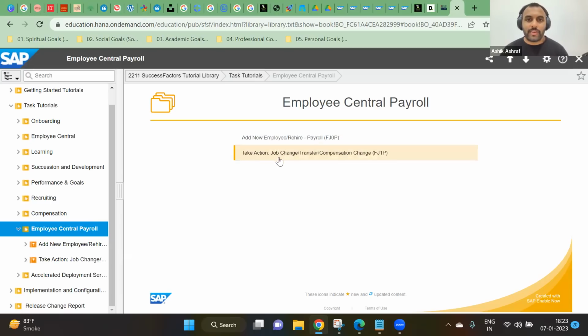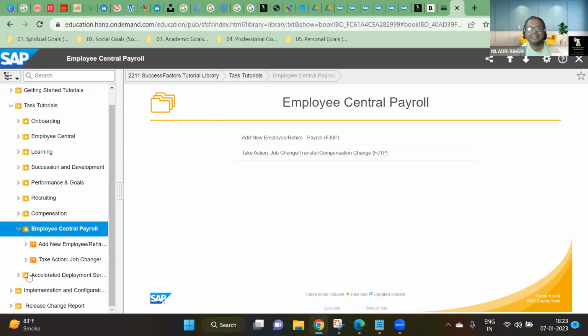Adding an employee, take action, job change. I know all these things, I'm already doing this in my current organization. I'm in HR right now, temporary. I joined an HR firm. Not an HR firm, it's a retail firm, but they're using this